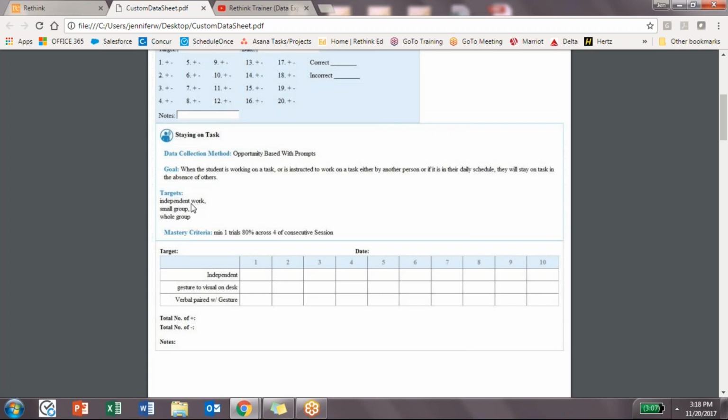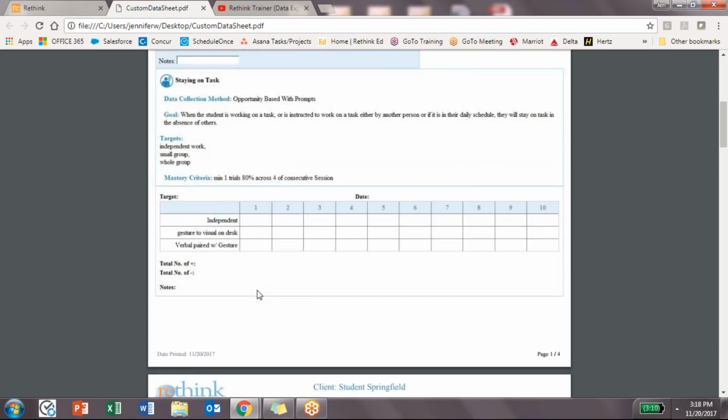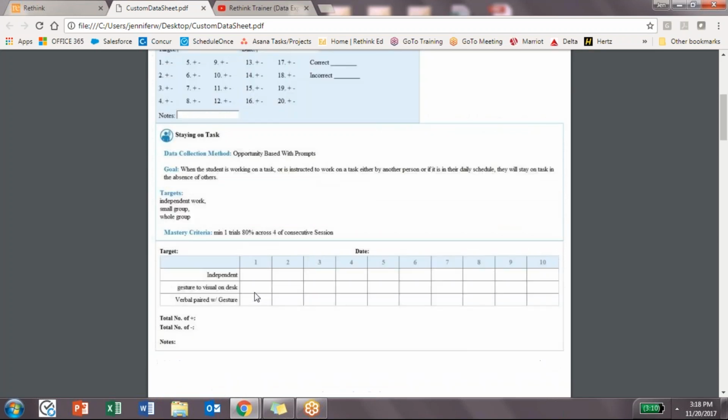And so again, we were looking at this at independent work, small group, whole group. This is across our different targets here. But because my teacher chose with prompting as my data method, you will see that down here in your data collection panel. It's going to look different based on the data collection method that your teacher specifically chose for that particular goal. So for this one, opportunity-based with prompts, again, did my student, I could put my target here, so